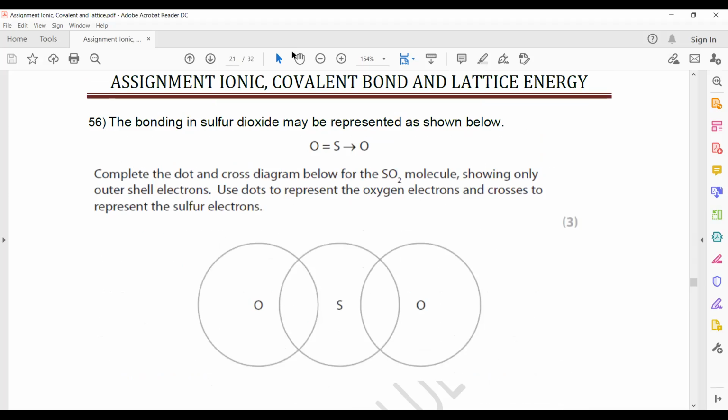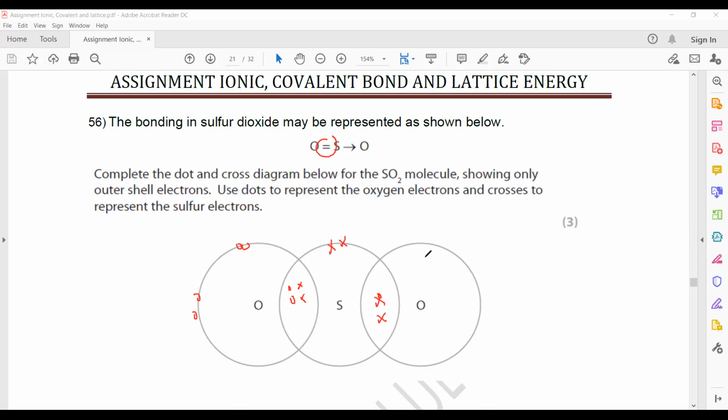The bonding of sulfur dioxide is represented. You can see a double bond between sulfur and oxygen, and a dative bond. Complete a dot and cross diagram. So for sulfur, because there are double bonds, 1, 2 and 1, 2. Then oxygen has 6 electrons. Oxygen is stable. What about sulfur? Total oxygen has 6 electrons, 2 are involved in the bonding, remaining 4. But for sulfur, because one is a dative bond and both electrons are from sulfur, it will be left with